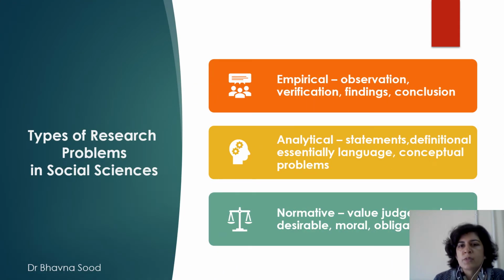So to discuss this in detail is to see how do you go about an empirical research. You have to have observations. Either you go to the field and you observe. Now observations are two types, either participant or non-participant. Second important step is that you have to verify what you have observed and what is it that you're working on. And then you decide on what are the findings and then you conclude.